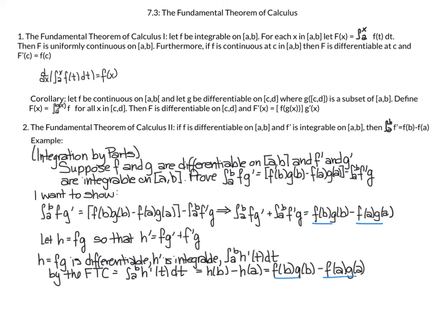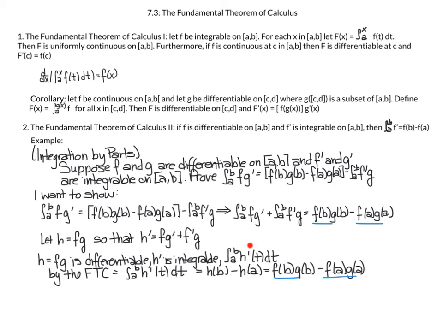By rules of differentiation, since f and g are both differentiable by the hypothesis of our theorem, then h, the product of these two, is also differentiable. Also, since f prime and g prime are integrable, that means h prime is integrable, since the product of two integrable functions is integrable. So if we look at the integral from a to b, h prime of t dt,